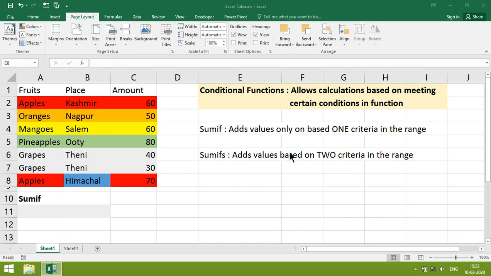Conditional functions allow calculation based on meeting certain conditions in the function. How to write sum if formula? We want only apple.